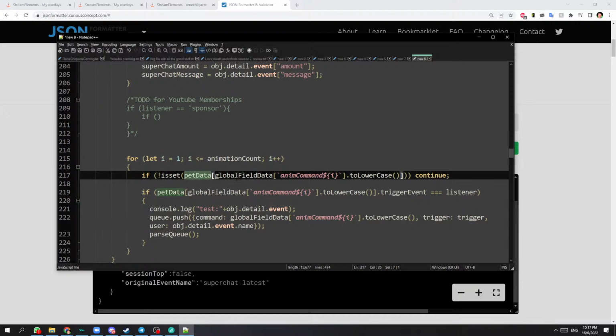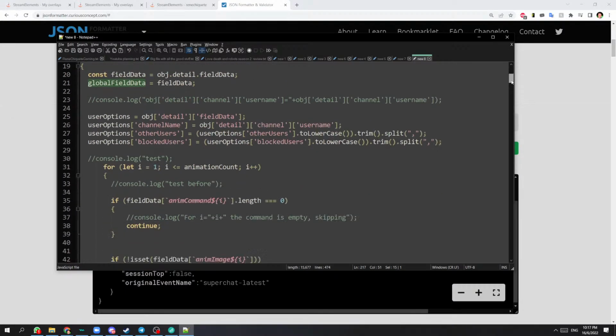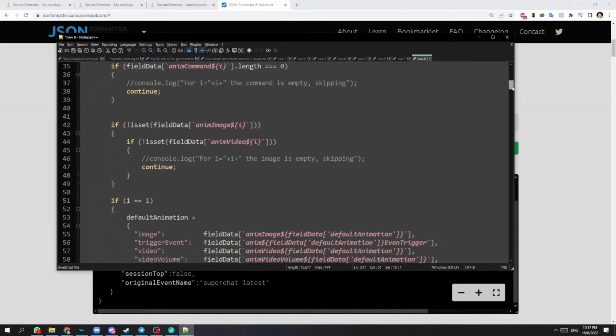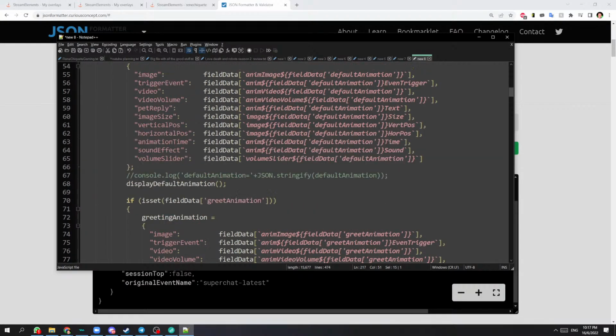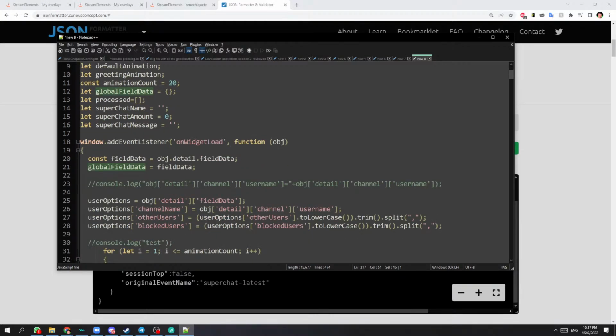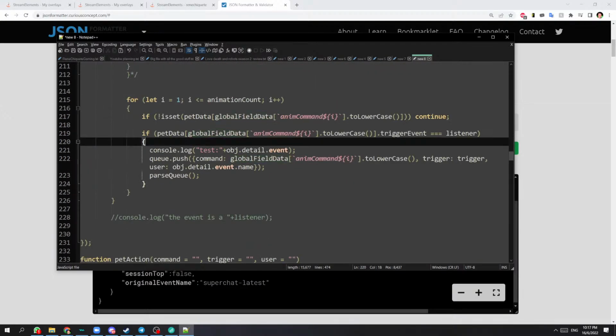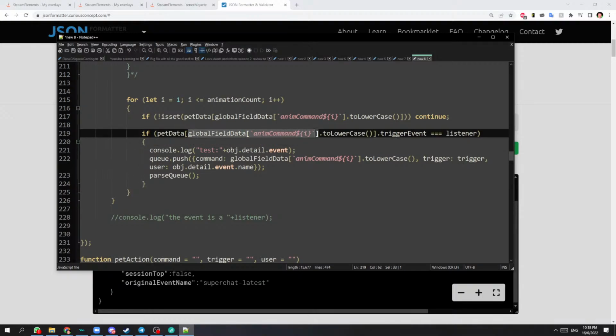Okay, this is something I don't understand. I am checking inside pet data if the global field, let's see, what is global field at this point? Oh, I see, yeah, global field data is the values that we're getting from the fields themselves. Okay, so that makes more sense. We're getting the global field data, and what we are saying is if the selection that we have from the field in the position whatever,